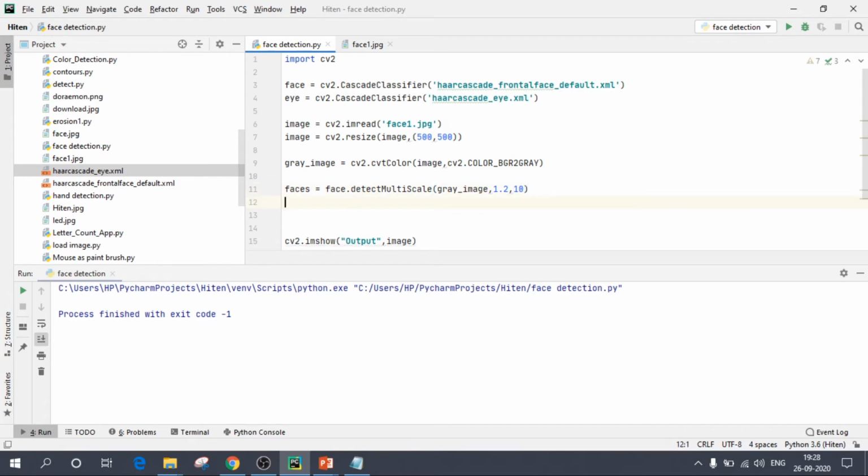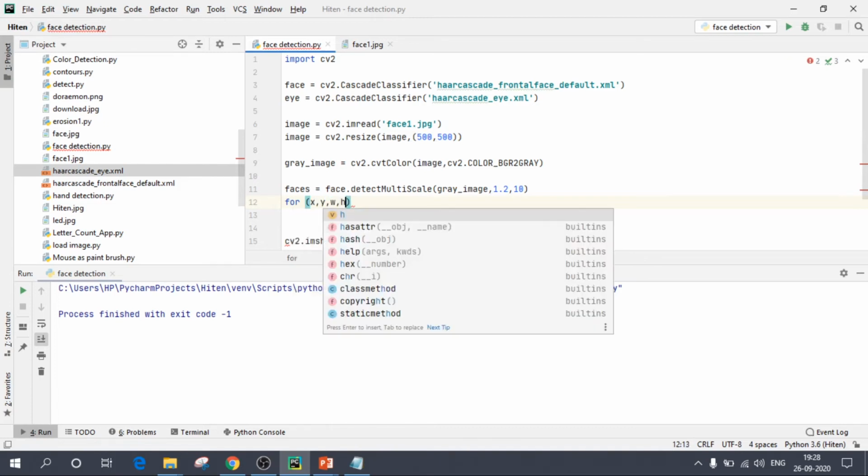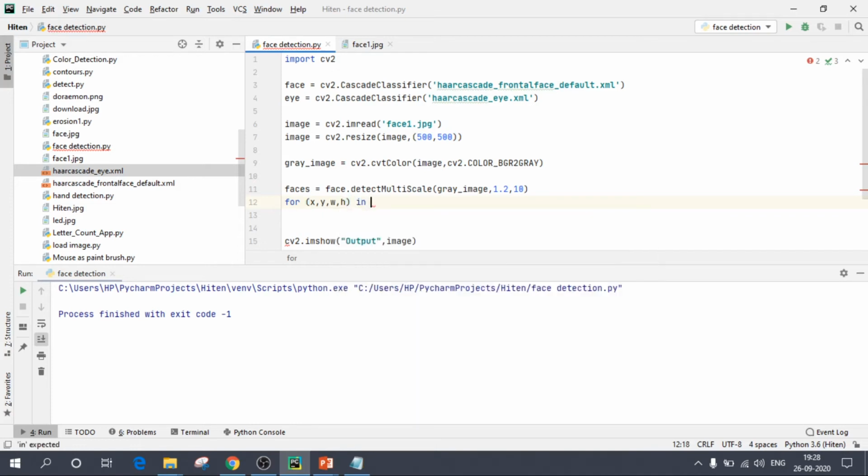Okay, so now we will iterate over this variable in a for loop until we detect a face. The for loop will create four variables: x, y, width, height. Why these four variables? These four variables are to draw a rectangle around your face. So for x, y, w, h in faces. To create a rectangle, we need to create it on which image?